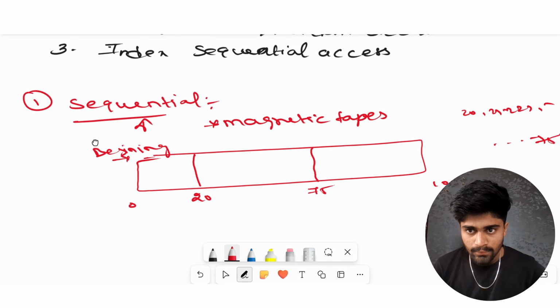For example, this type of access method is supported in the CD. It depends on the file structure which we are using. If you use a disk, a CD disk, it will support this type of method. So for example, in a CD we have 10 songs. We are now at the first song. If we want to play the 10th song, I